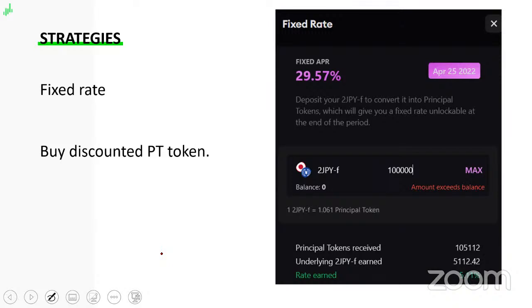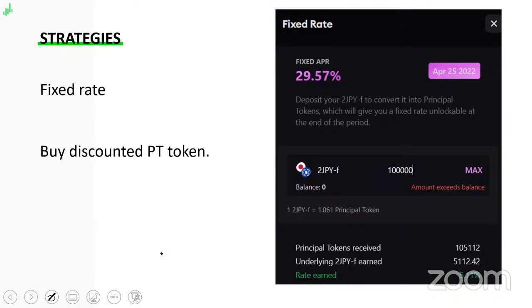Which means that you can sell your PT token. So let's have an example. Let's say that you have invested $1,000 within the 2GPY pool. So you receive a PT token, and as you know, the PT token is worth $1,000. So again, if you wait for 3 months, and if the price of Japanese yen didn't move at all for those 3 months, at the end of the 3 months, you will be able to unlock your $1,000 worth of Japanese yen. But again, you don't want to wait for 3 months.